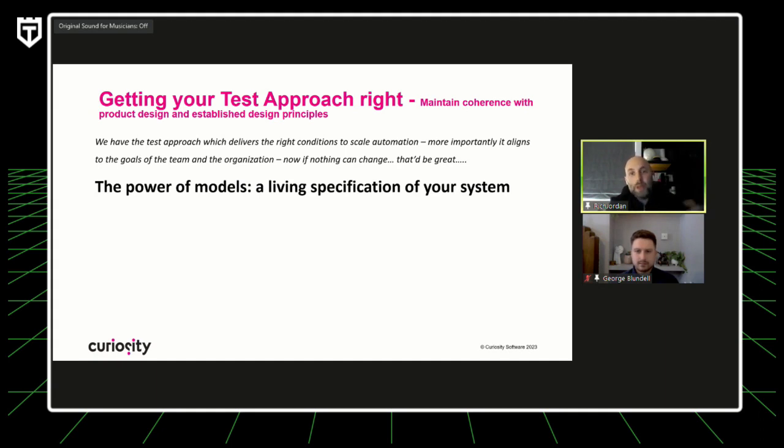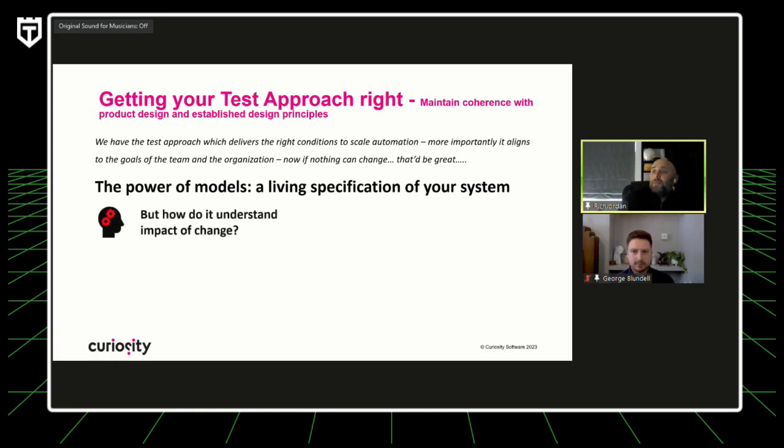All right, change is happening, right? It would be great if we could put all these things in place and nothing ever changed, but that's not the reality, right? Our systems or our test approach needs to be built for change, all right? And really, this is where test modeling comes into its own, in terms of making the model work for you rather than you having to work to update the model, right? If you've got static Visio diagrams, for example, or test cases, you're going to get that drift I mentioned earlier on, right? But modeling or living specification, as I've called it on here, does a lot of the grunt work for you, right? And it gives you insights that without this approach, you just wouldn't have, all right?